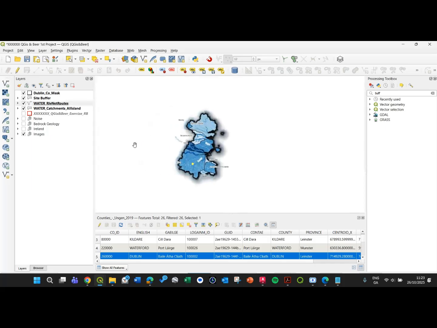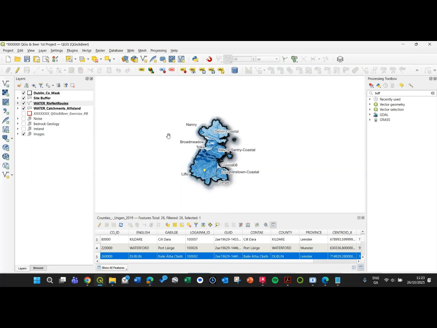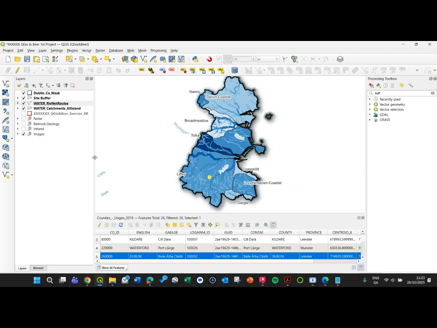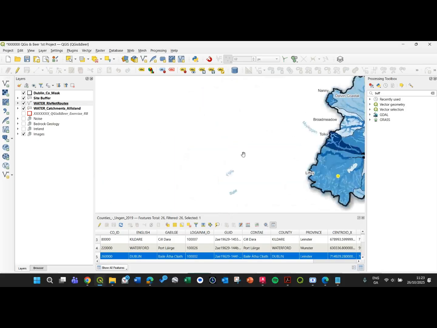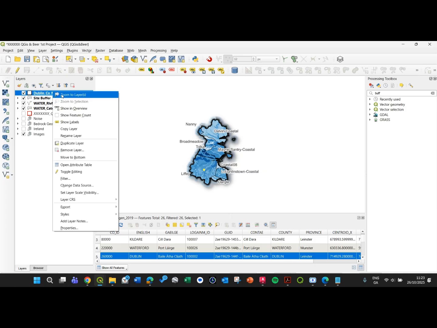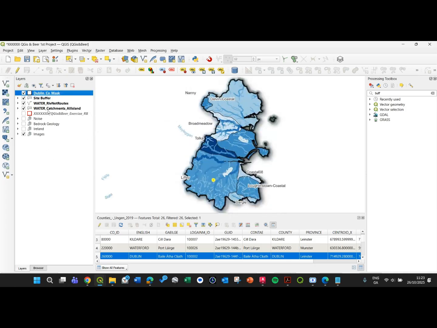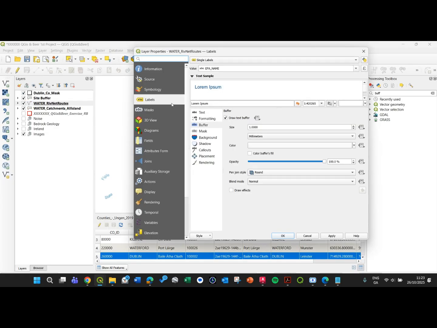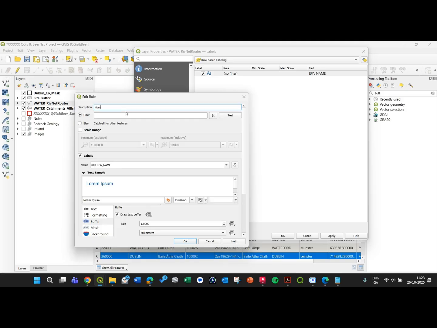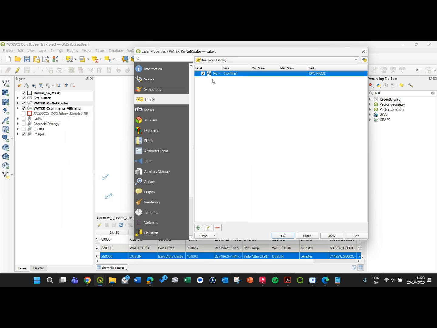So the same idea we're going to do to our river route. I'll zoom out so you can see what I mean. As you can see here, we have the labels of another river. So let's change this to make our presentation better. The same idea again. Double click. Rule based. This one I will keep normal, for the other themes on other images, we want to just show normally. Okay. Copy, paste,